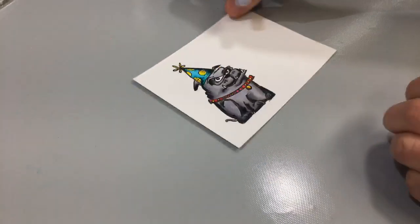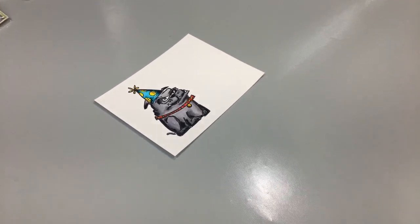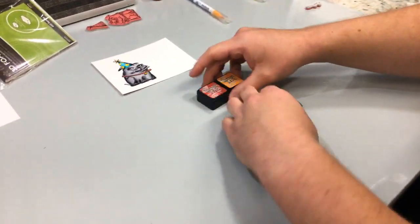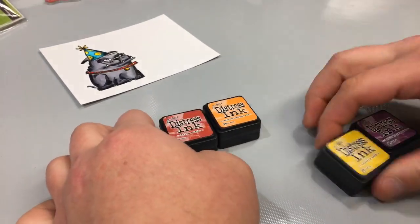All right, so we're gonna let that dry here a quick sec. Now, we're gonna go back and now do the background. The background we're gonna be using Distress Inks, and I'm gonna be using the Fire Brick, the Spiced Marmalade, Mustard